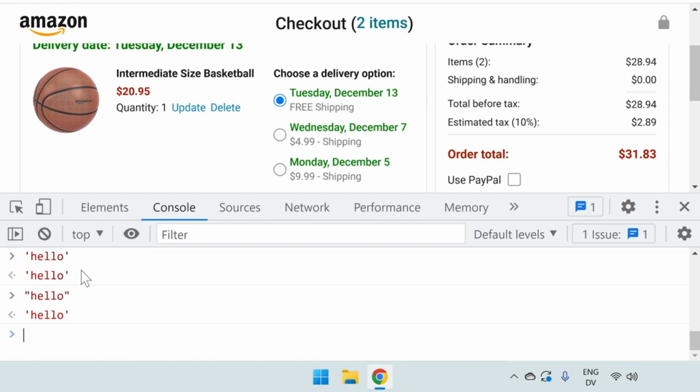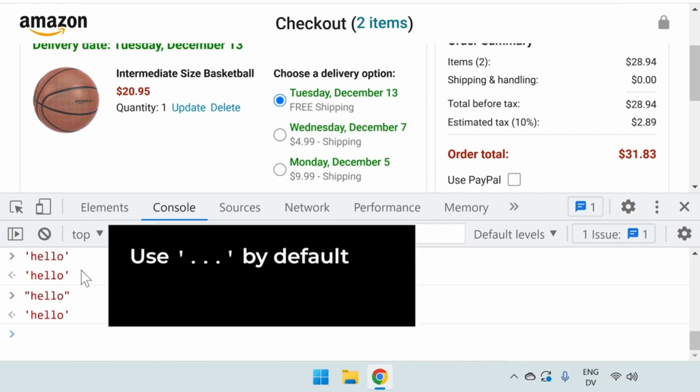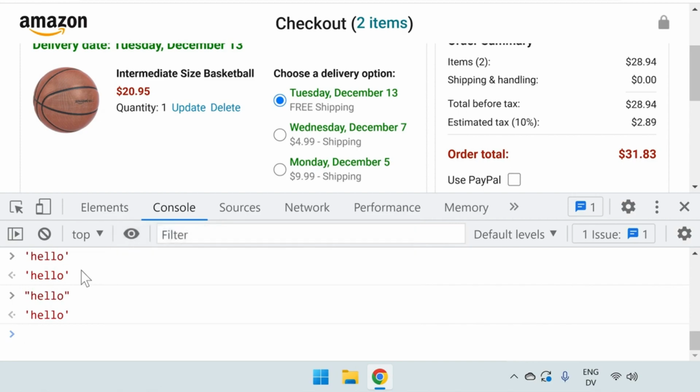So which one should we use to create a string? Single quotes or double quotes? In JavaScript, I recommend using single quotes by default. They're a little easier to read and type. There is one situation where double quotes might be useful, and that is if we have a single quote inside the string. For example, if we type the string I'm learning JavaScript